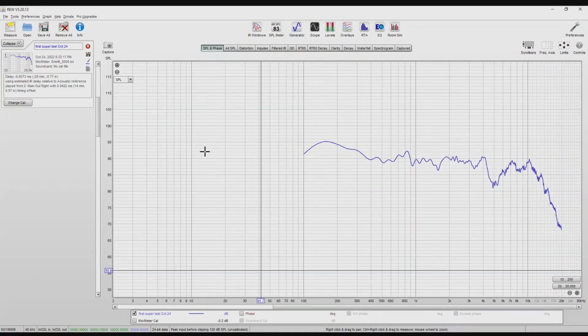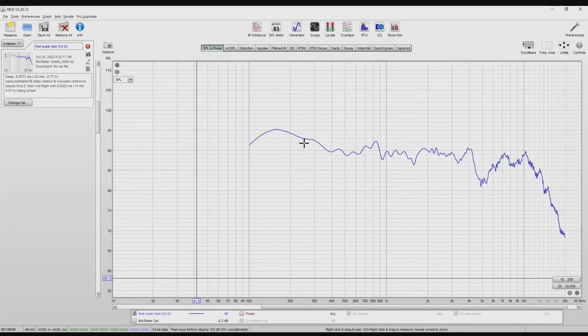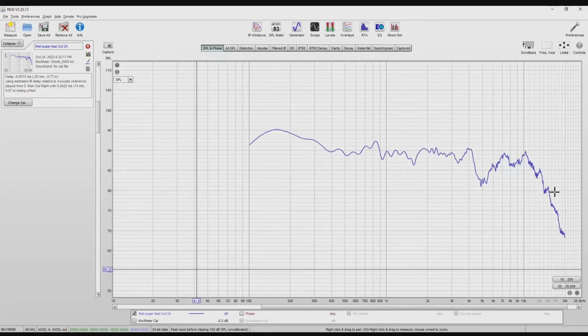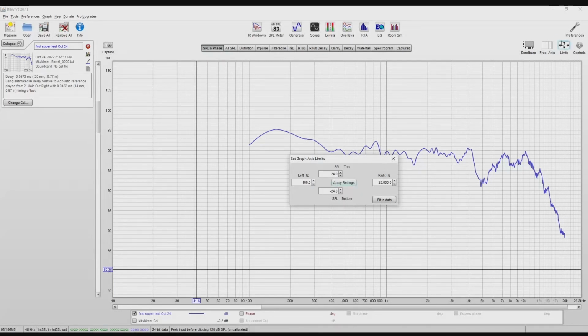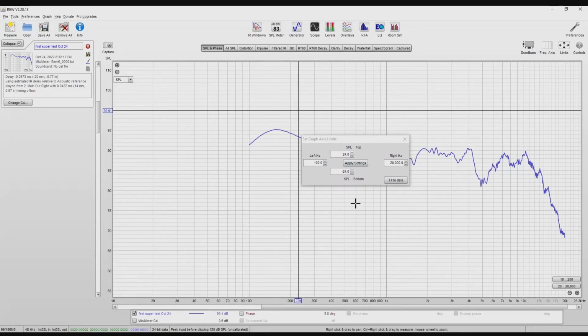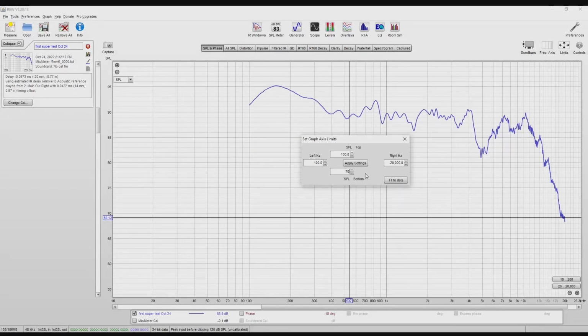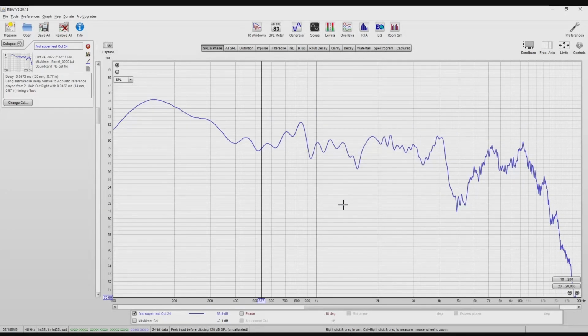Okay, we got some interesting data here. We have this chart. You can scroll in and out in different areas to see. If you get lost, there is a control up here at the top right called limits, right? And this can set the limits to our chart. So right now we've got, say, 100, and then the bottom of this chart 70. We could actually do this if we really wanted to, right? 70, 100 to 20,000. Okay, so this is all the information we have available from this device, and that's awesome,